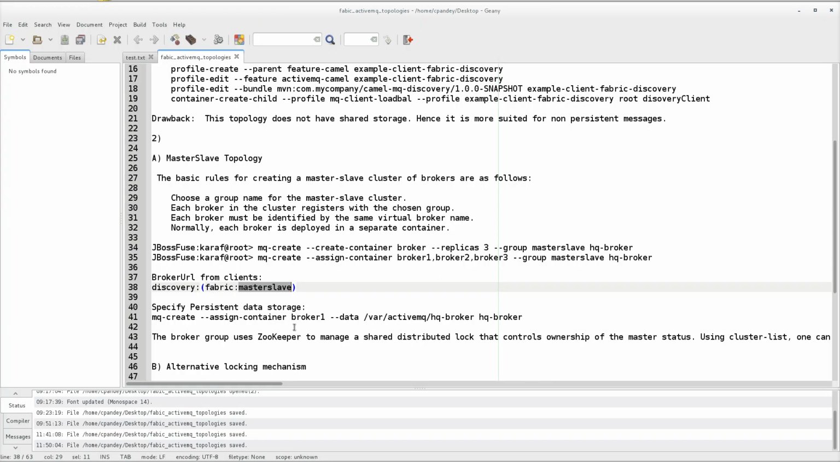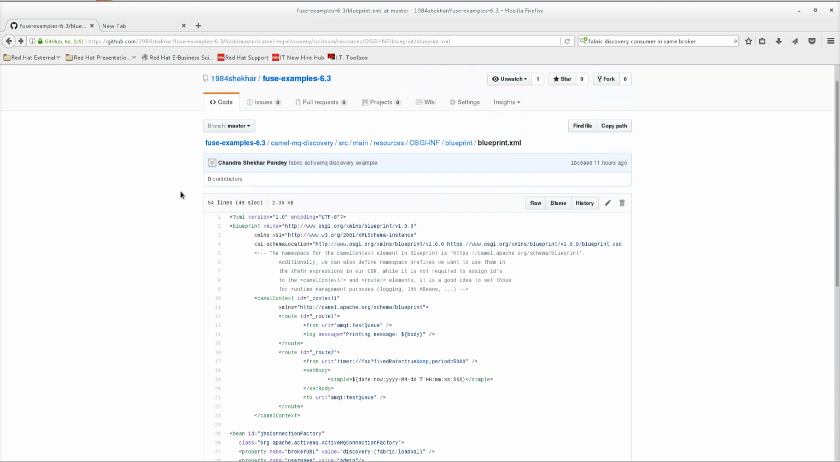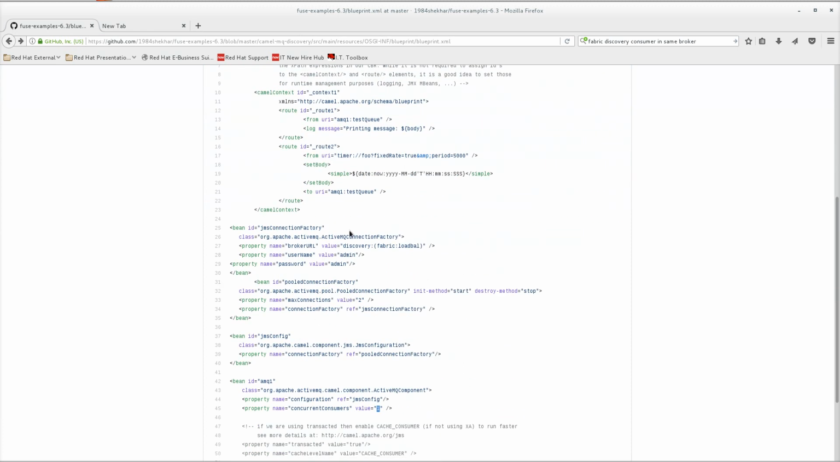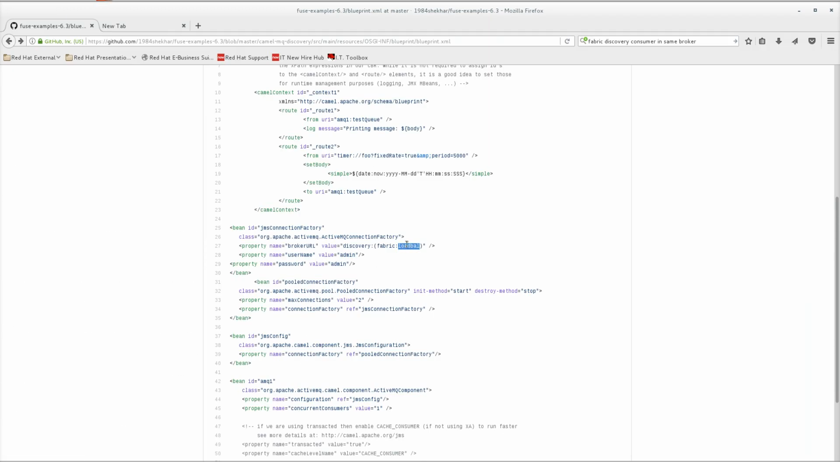So guys, what I have done here is I have created my code. I have created a client. If you see here, discovery fabric load balancing. Right now it is load balancing, but if you deploy it in your environment, you can change this to master slave. Because I have set the group to master slave, similarly you can change this fab load balance group to master slave. Once you change this,